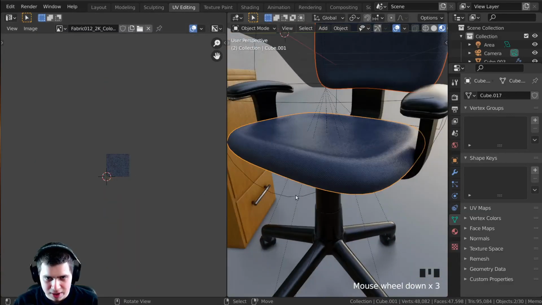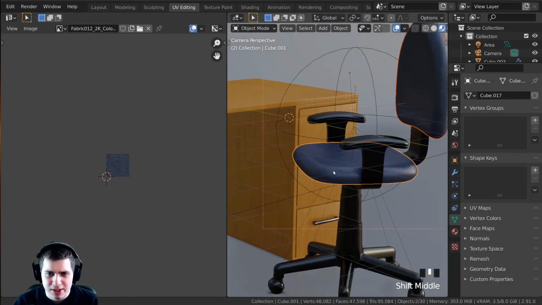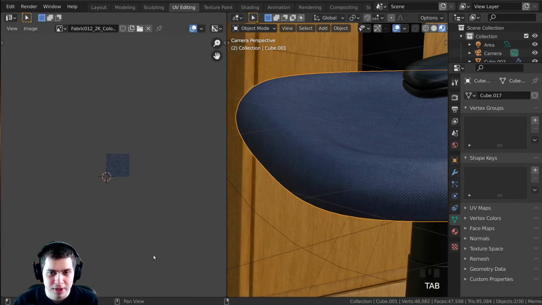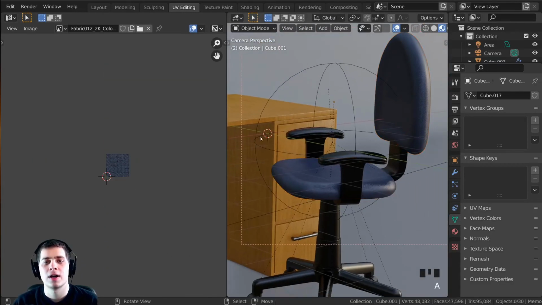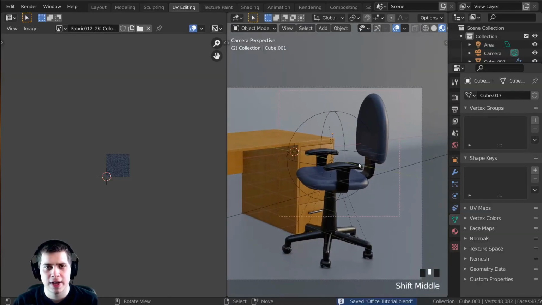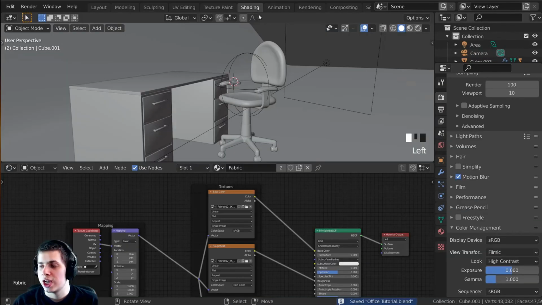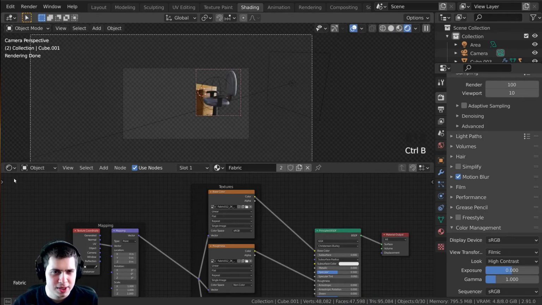Yeah, maybe a little bit smaller. Go into the camera view, kind of see how it's looking, but cloth is very detailed, so it should be pretty small. Okay, that's good. Yeah, that looks good to me. Let's press Control S again to save that. I'm going to go back to the shading tab, and let's just go into rendered mode and see how that's